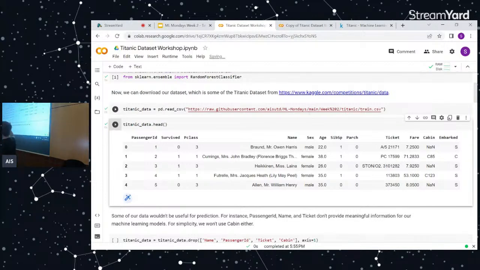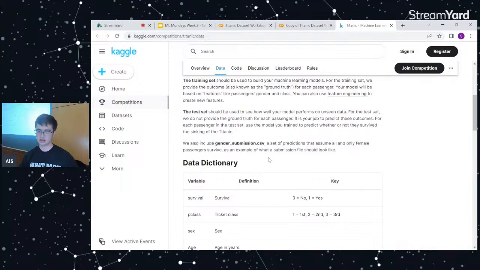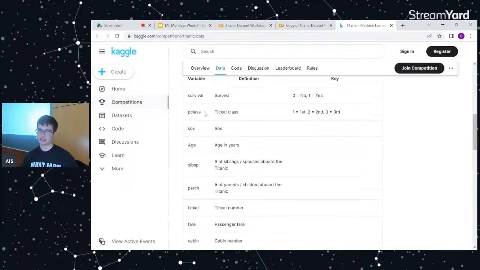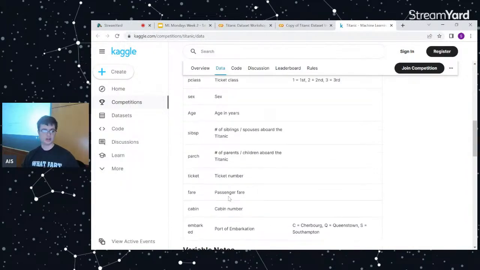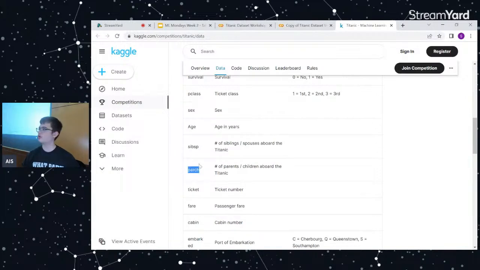So we'll see. It adds this extra span here, but basically there's passenger ID, survived, which is really important, Pclass, and a bunch of other features. If you have any questions about the specific features, the Kaggle page I linked actually shows specifically what all these things mean. Just because something like Parch, for instance, doesn't